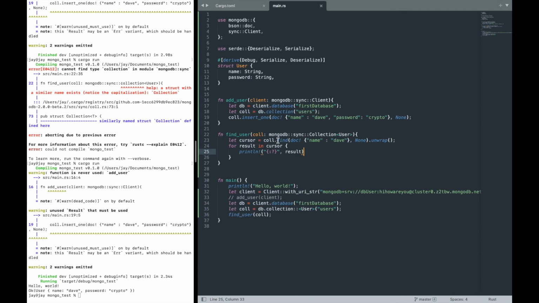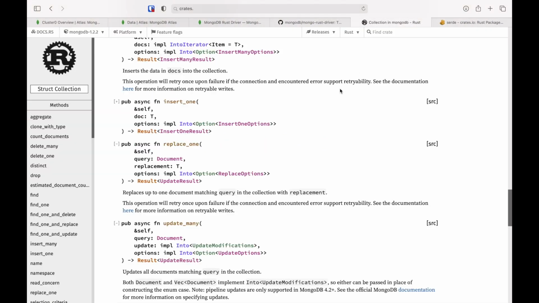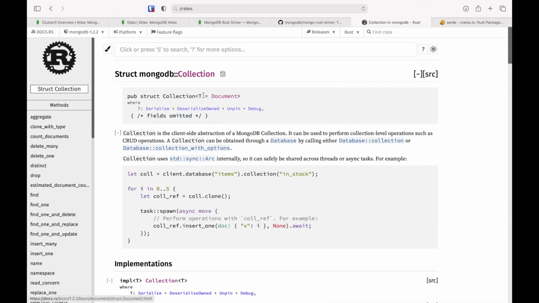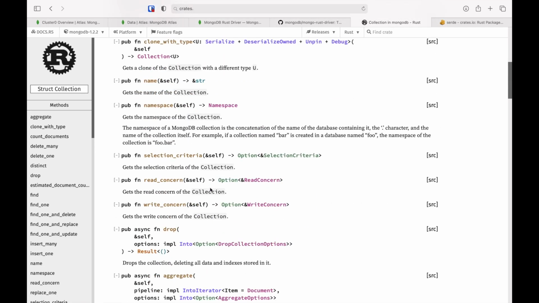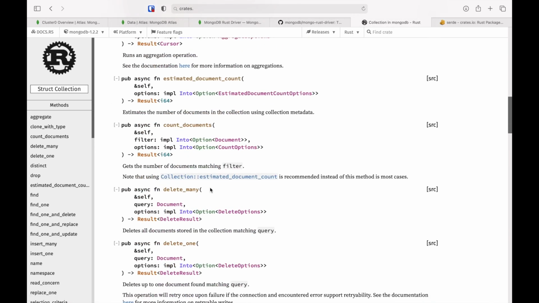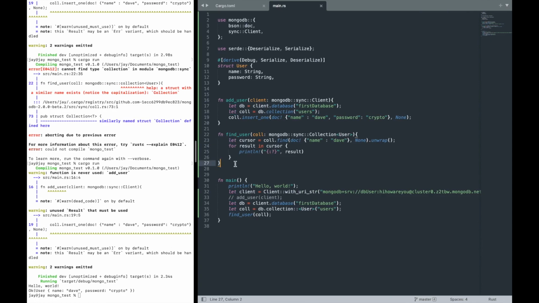And if you're wondering where I got all these functions from, once again, same in Collection. Even if you go here, it says Collection, and then the type is going to be the type of document. For our case, it was the User structure, so we did that, and it does require Serialize, Deserialize, Debug. And then all these are the functions. So now that we have find user done,